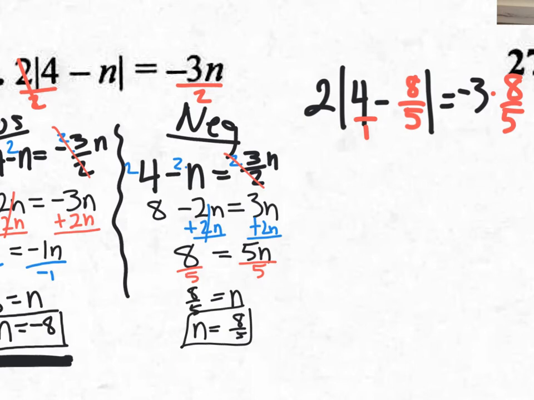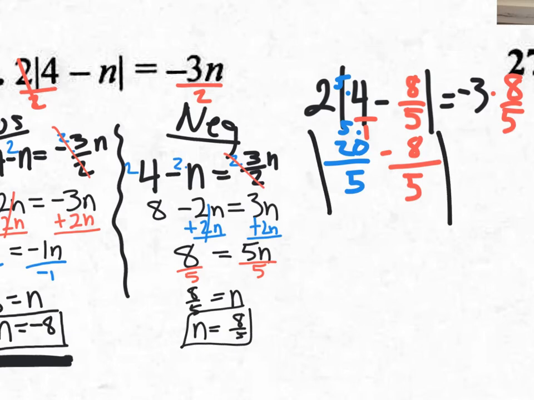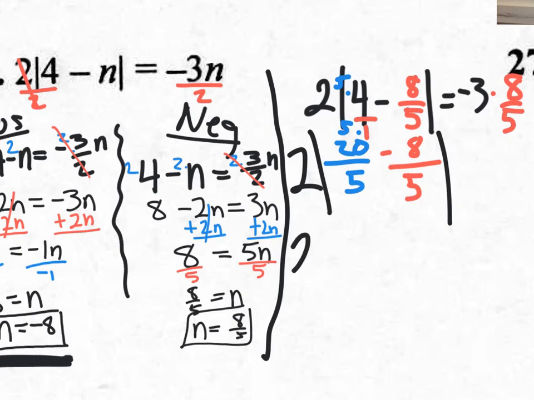Well, you're going to have a common denominator of 5. The 5 is already a 5, so you could just leave it 5, leave it 8, and put the minus sign right there. But this 1 right here, I'm going to change that to a 5. And how would I do that? By multiplying by 5 and multiplying by 5. So I would end up with 20 up on top. Okay, so I really have inside the absolute value, I have 20 over 5, which is 4, minus 8 over 5. Now the 2 is still on the outside of the absolute value. So now I'm able to actually subtract 20, take away 8, and that would be 12. So I have 2 absolute value of 12 over 5